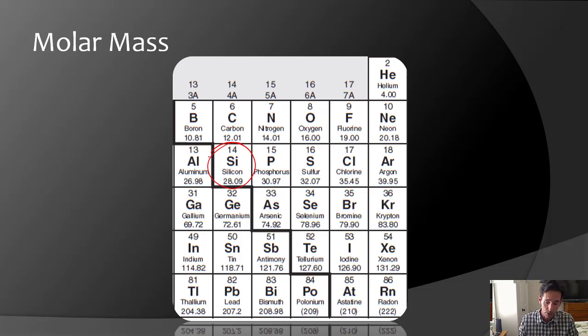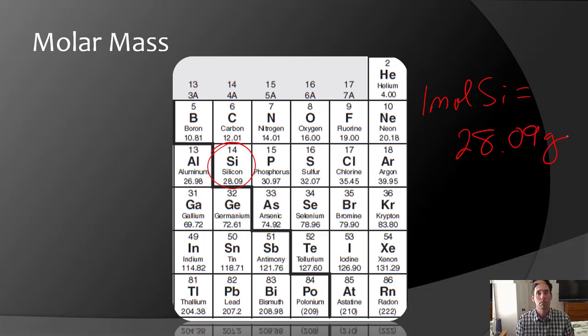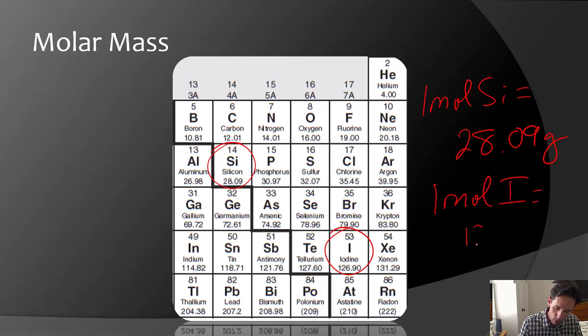28.09 grams of it. So if I wanted 1 mole of silicon, and yes, to abbreviate mole, it's M-O-L. Just drop the E, okay? I would go get 28.09 grams of it. That's it. What if I wanted to go get a mole of iodine? Well, 1 mole of iodine, I would go get 126.90 grams. Now, why is it that 1 mole of silicon has a mass of 28.09 grams and 1 mole